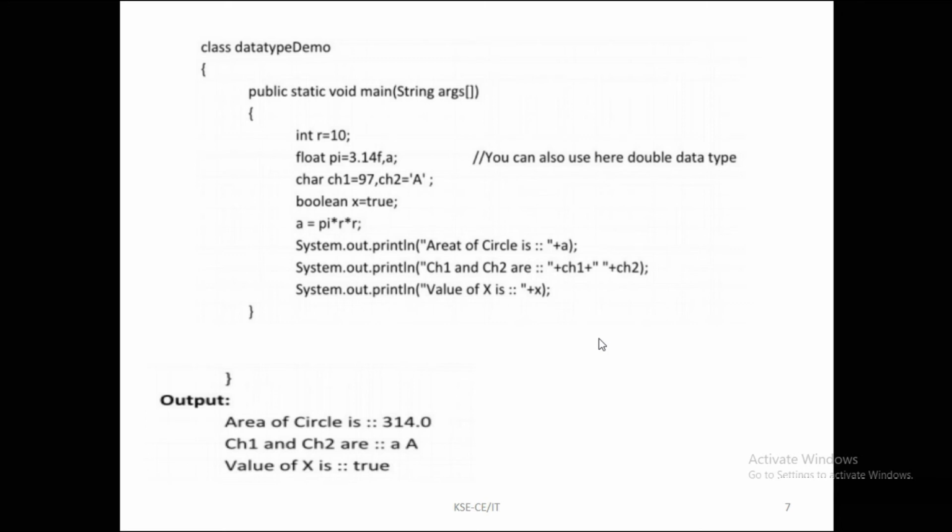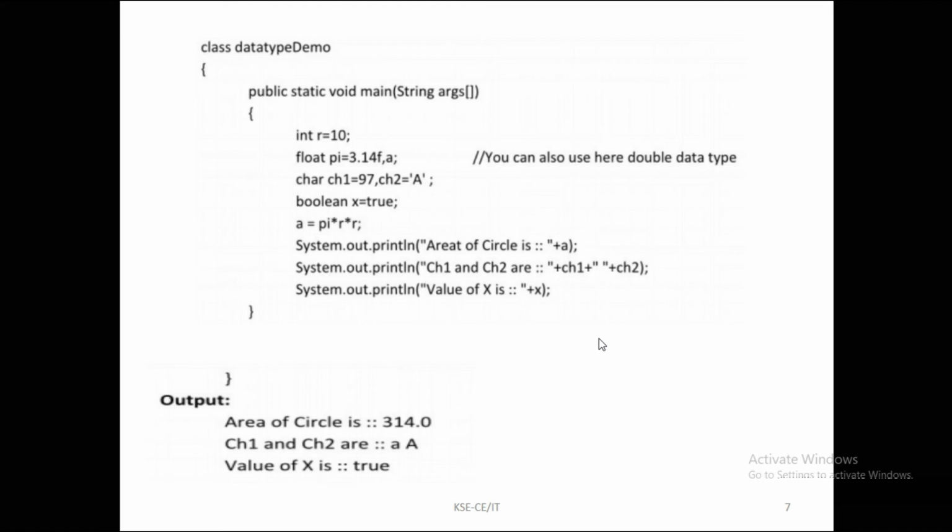The data type of a is float, so my answer is in floating point, right? If my answer is a whole number, then it also represents as 0.0, like 314.0, because my data type is float. If I write the integer data type, then my answer is only 314. Okay, next thing is